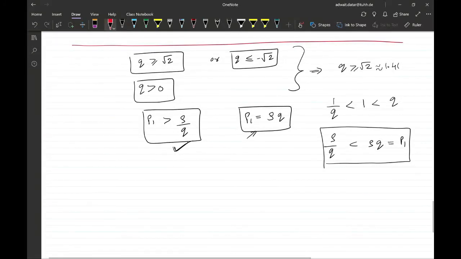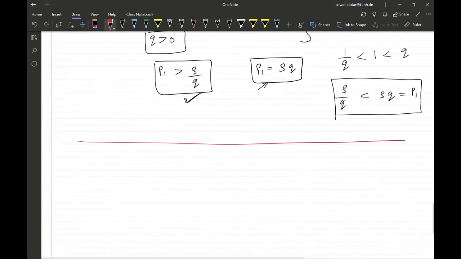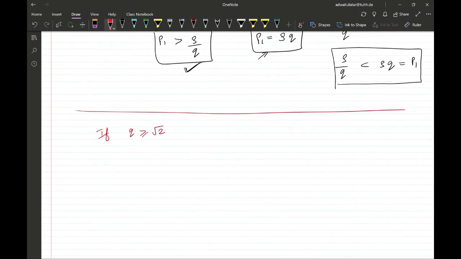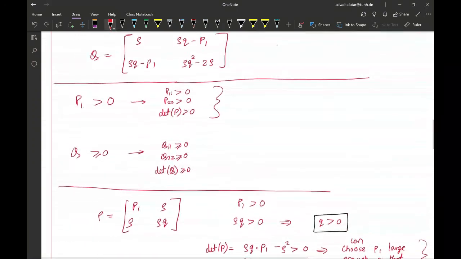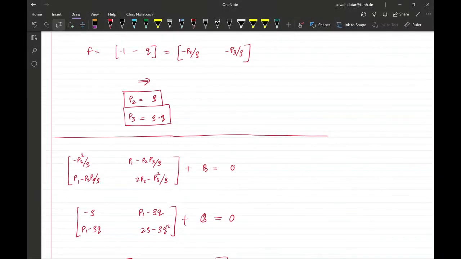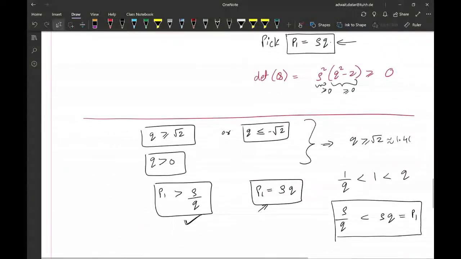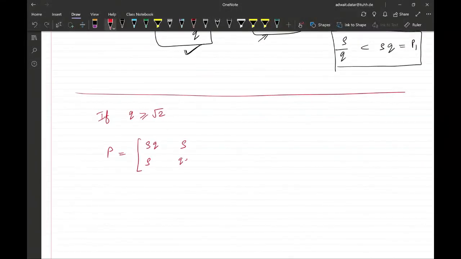So to conclude, what we have is, if Q is greater than or equal to root 2, we can have P, which is given by rho Q, rho, rho, and P3 was, I think, Q, Q rho. This is positive definite